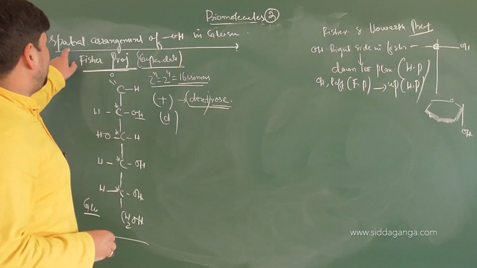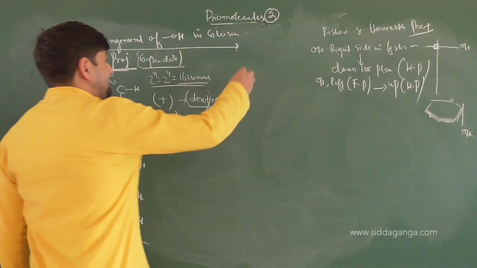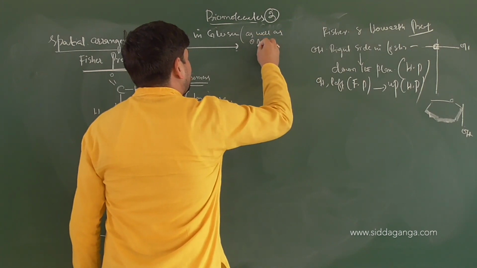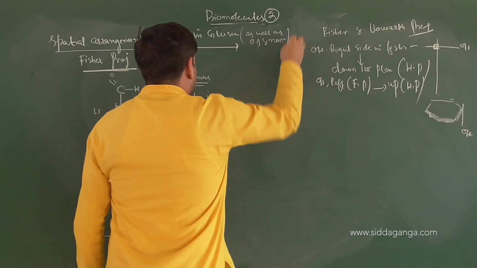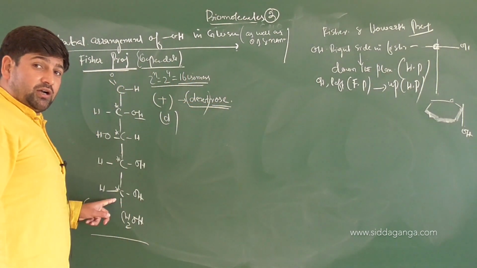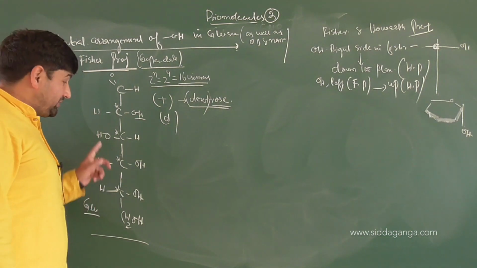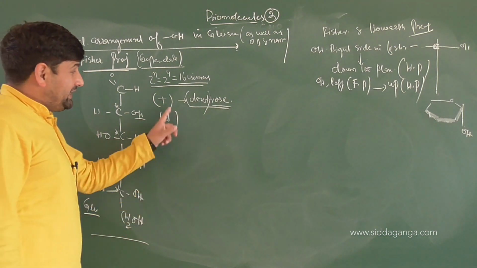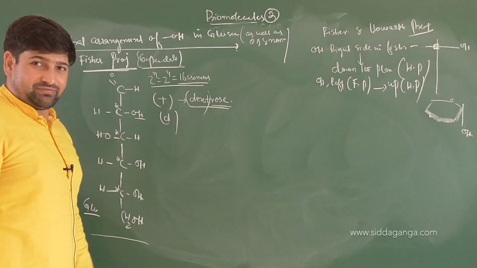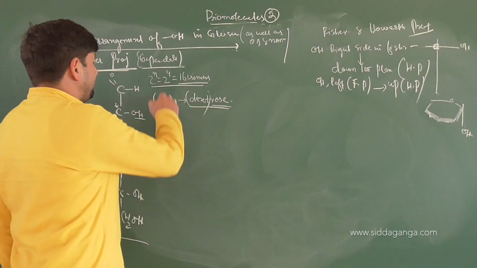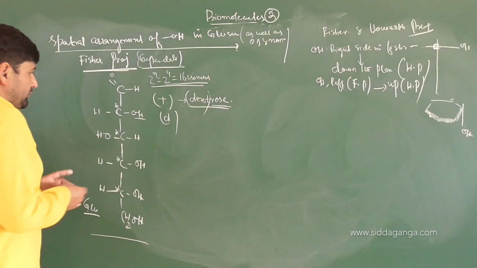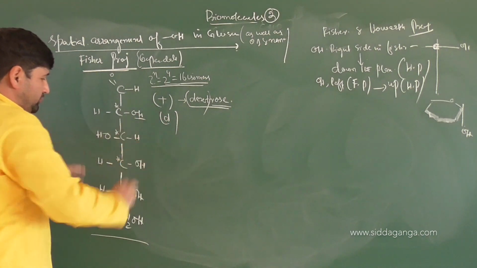Now this is actually the spatial arrangement of OH in glucose as well as optical activity and names. So how do we name these molecules itself? Now you got this one as an aldohexose. Now this aldohexose is glucose. Is it optically active or not? Yes. So it's a dextrose. In front of it you will write plus. So it will be plus aldohexose itself. Am I clear? Total number of isomers associated with it will be how many? 16. Now understand it very well. Children, these OH groups can be present at varying positions.